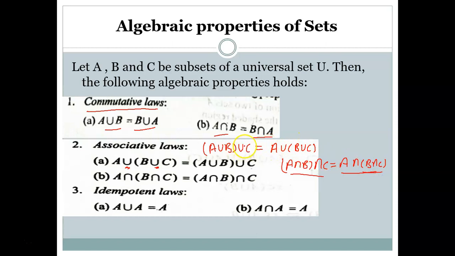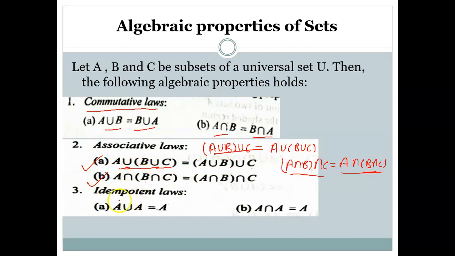You can have one operation, and here the example is described in the form of the two operations, union and intersection. Same thing is there. Okay, same thing is there. We have only one operation.